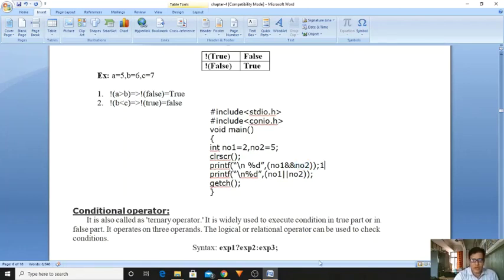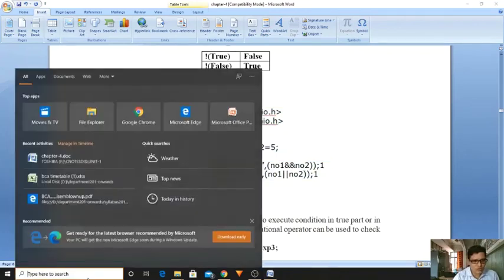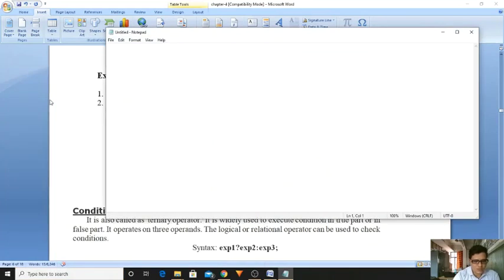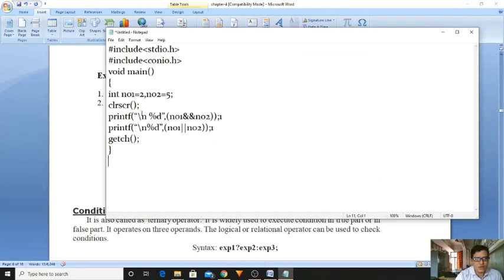Okay, and now with the same values I am doing the logical OR operation, then what am I getting? Here it is also true and true. What are you going to get? You are getting true only. Let me check whether this will work or not. I am copying and opening the notepad. Okay, and I am pasting. Now let me check. This is an error. Please observe here, this is not the right one.